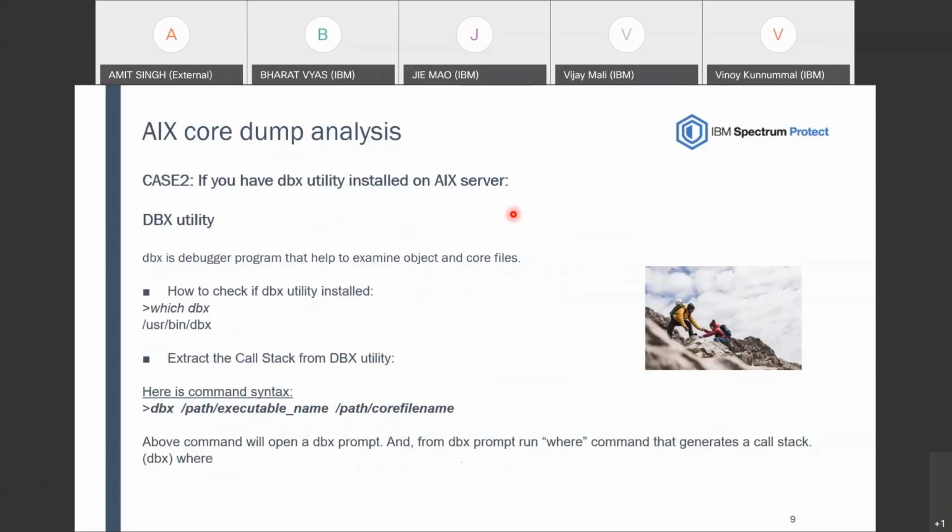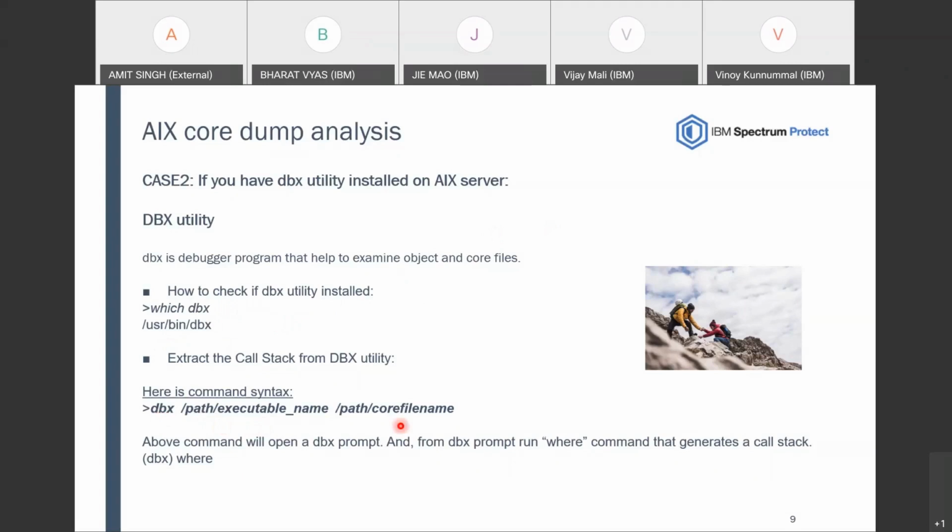Next slide. If you have dbx installed on the AIX server, first verify that dbx is installed using the which dbx command. If it is installed, it will show output like /usr/bin/dbx. And here is the syntax to extract the call stack from the dbx utility: dbx, path to executable, and path to core file name.